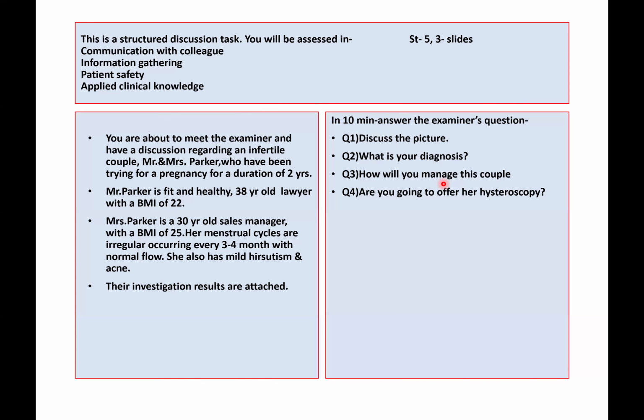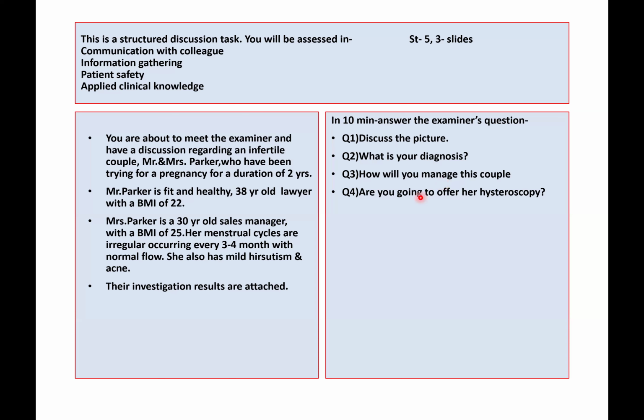If this doesn't work, then we can move to injectable gonadotropin, and it can be done with a step-up process, like starting with a low dose and going to a high dose. It has side effects like ovarian hyperstimulation syndrome, and multiple pregnancy can happen with that. So the patient would be explained regarding the complications. And after that, if all these fail, then I would refer her to the fertility center for IVF and adoption. Yes, in this way, I will manage my patient.